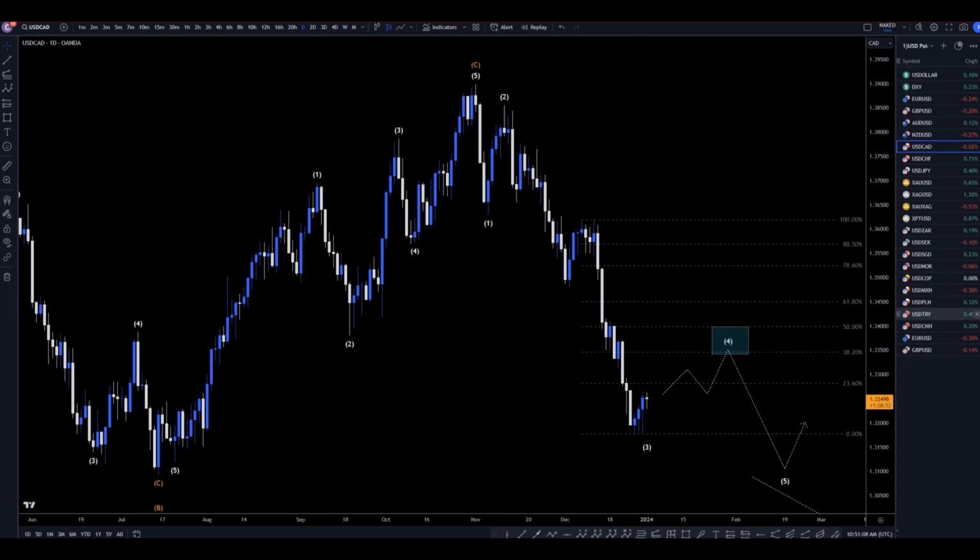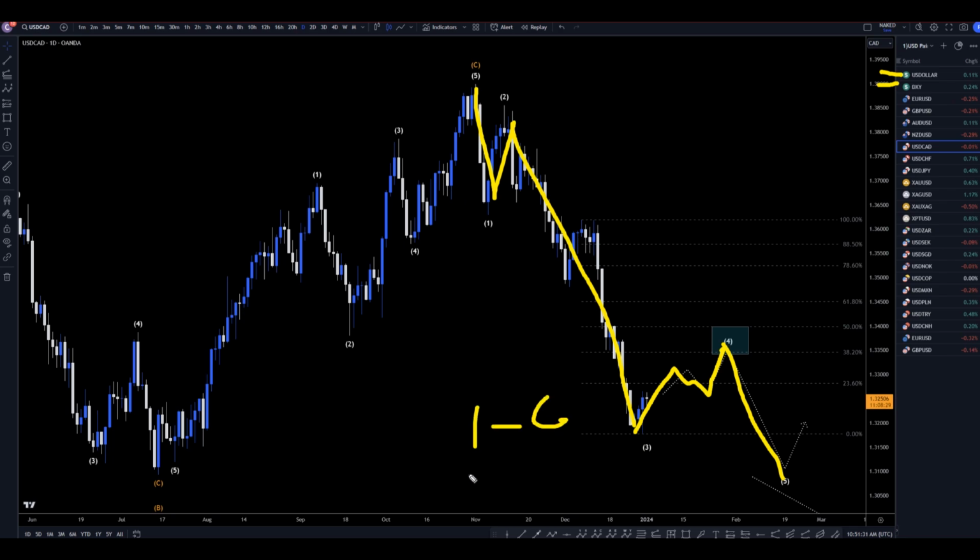Going down to the daily, I think it's very clear that this is a 1, this is a 2, and this is all a big wave 3. I don't even see any proof that the wave 3 is over. Looking at correlated pairs, especially the dollar index, I think it probably is going to most likely go up now to make an ABC of 4, and then eventually go down and make a 5. This is probably going to be a 1, 2, 3, 4, 5 of 1, which is either a 1 of C or possibly a 1 of 3, like I was showing on the weekly time frame.